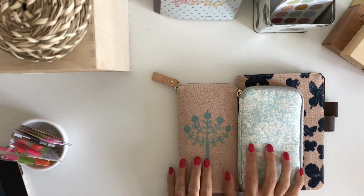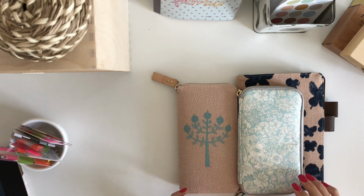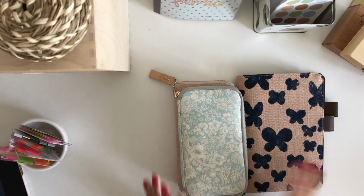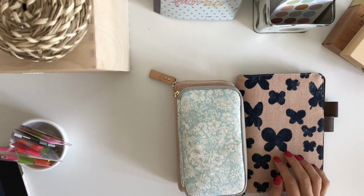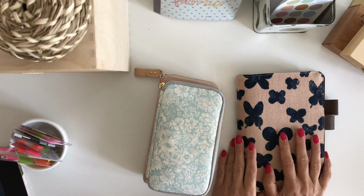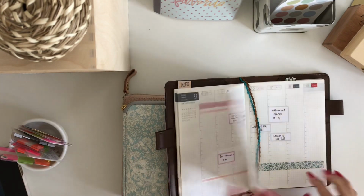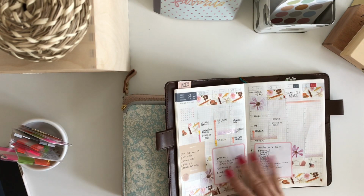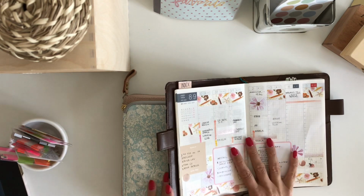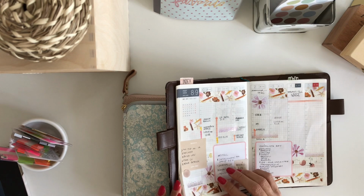Today I would like to show you something that these three have in common, and it's all about the weekly spreads. I'll show you what I've done. As you know, I am using my HOBONICHI cousin for my stay on the table planning for my work, and I am combining this business planner together with my digital planner as well as other notebooks, but there has been